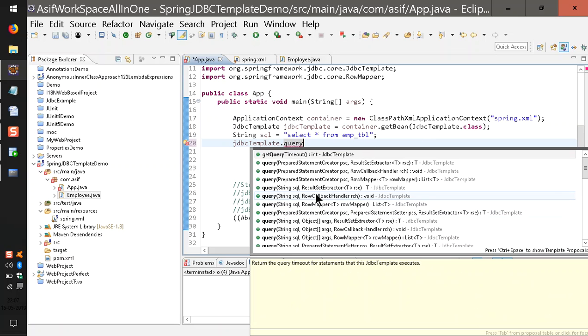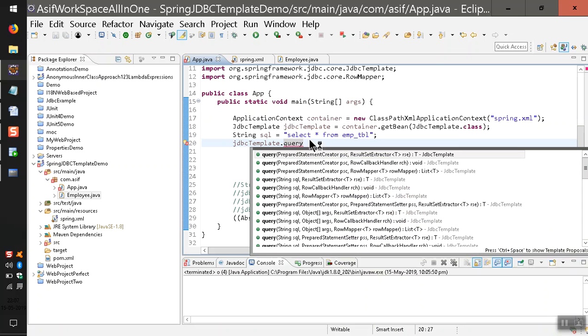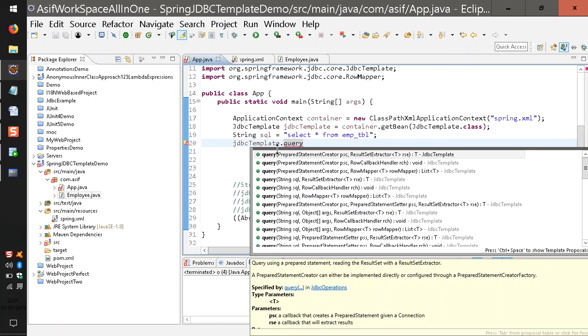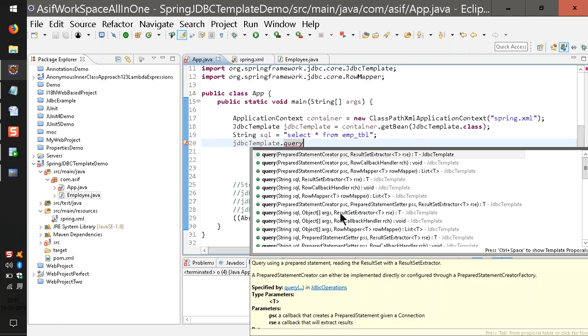I'll be using query. When I say control space, here you can see I have different overloaded methods. I'm going to use RowMapper. SQL comma RowMapper, yeah, this is the one. It's again asking 3 parameters. SQL comma row callback, let me use this. No, even this is taking more. So I will go with this one because it just needs